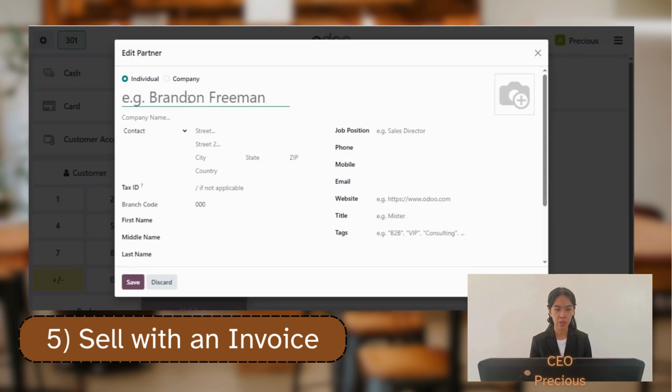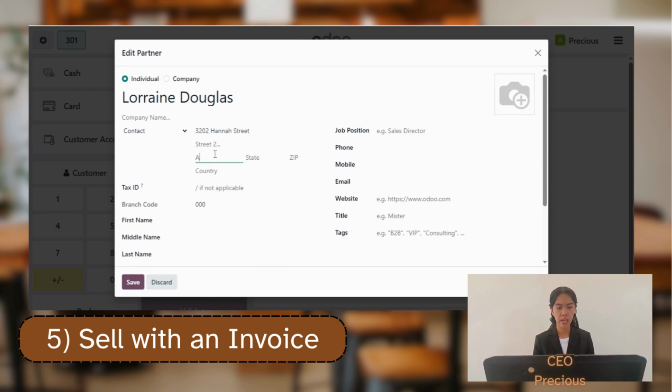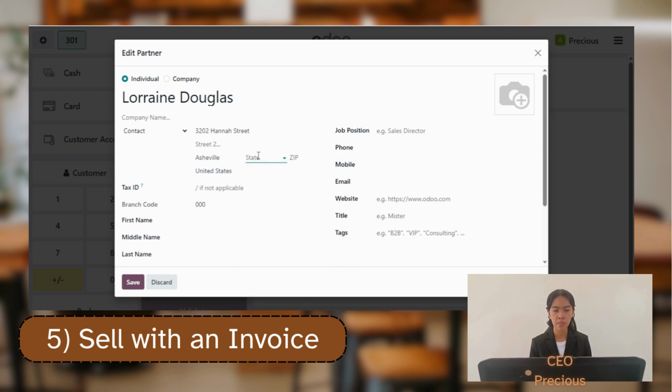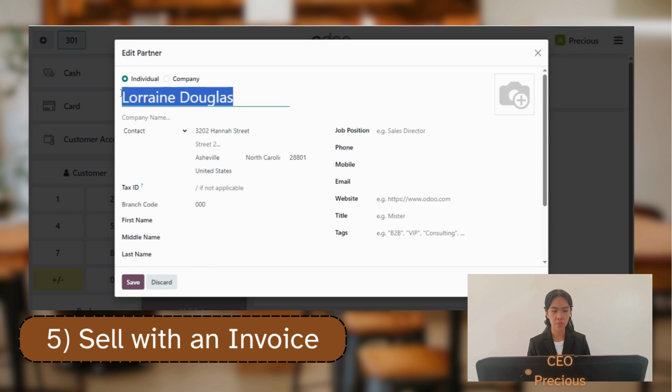Let's type out the name Lorraine Douglas, and then their contact, starting from their street number, street name, and then proceed with the city, Asheville, and then the state. Since they say they are in NC, the country would be United States, and the state would be North Carolina, and this is the zip code of 28801. Then let's double check the name and such before